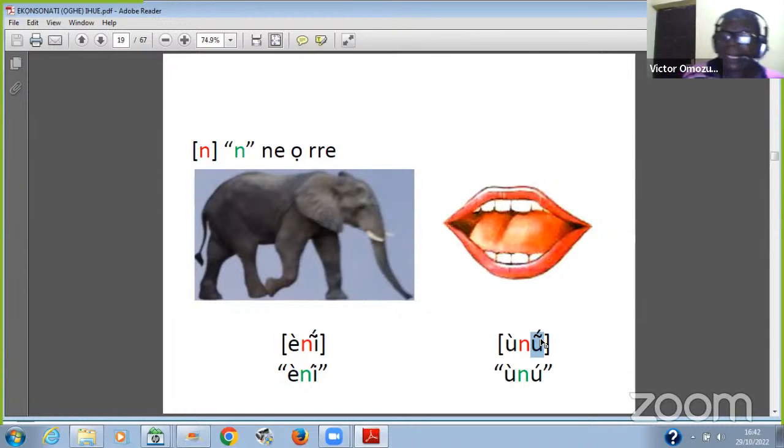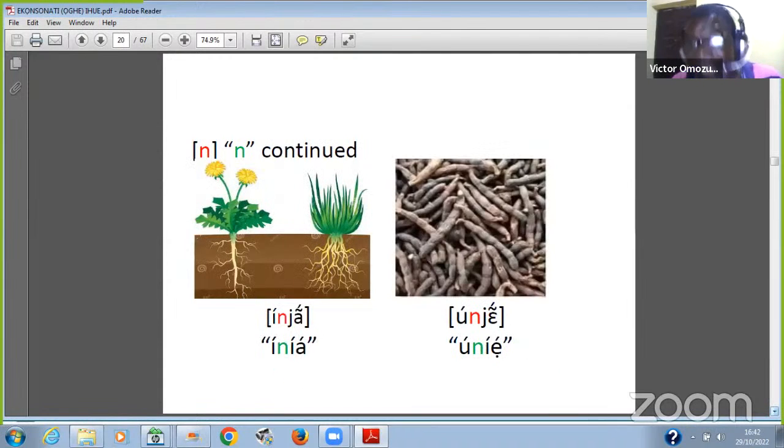So you see, for instance, when you have the English word C-O-M-E, the English will pronounce it as calm. The vowel between the k and the m is not nasalized. But when you ask an average Edo speaker to pronounce that, he will say come. So these are basic things that we must take note of. And it is because of that rule that exists in Edo, the rule of progressive nasal assimilation, that is responsible for that. Then you have the same in Inia,